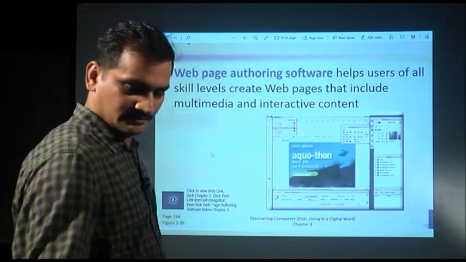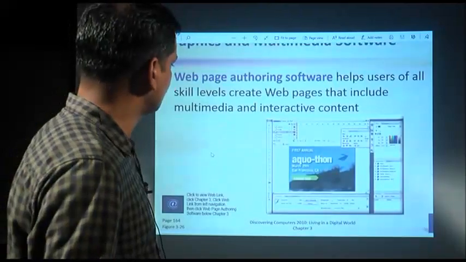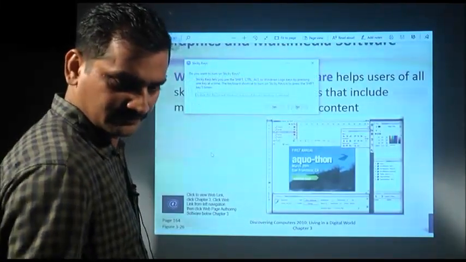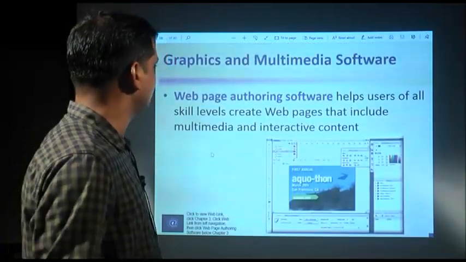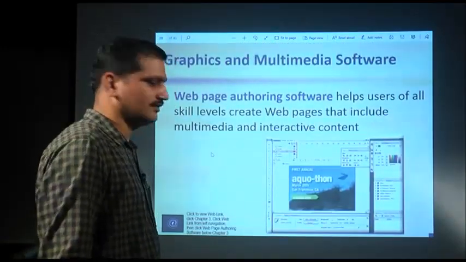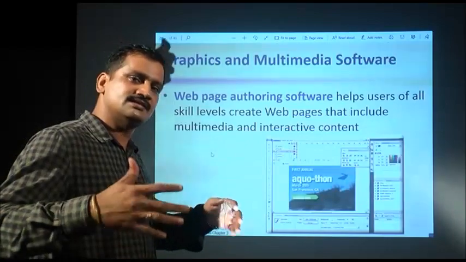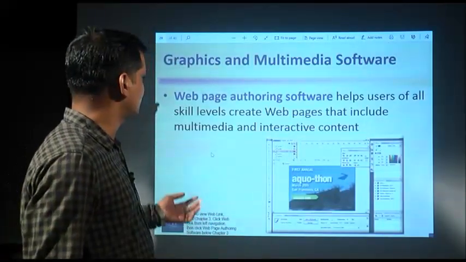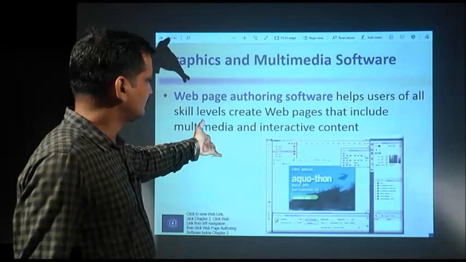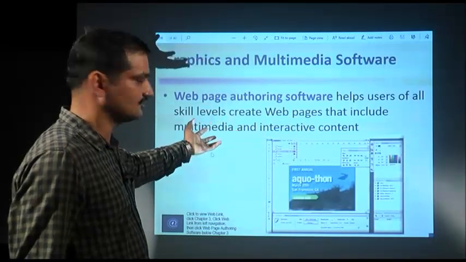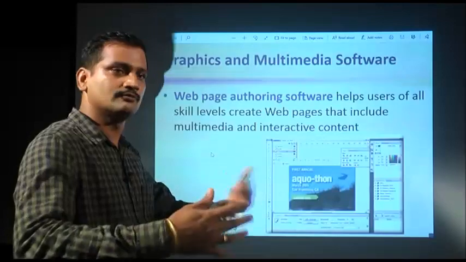Nowadays, the web page is the most useful way of sharing information, and everybody needs to design their own web page. So we have many application software available in the market. They provide the tools for users to easily create their own web pages.